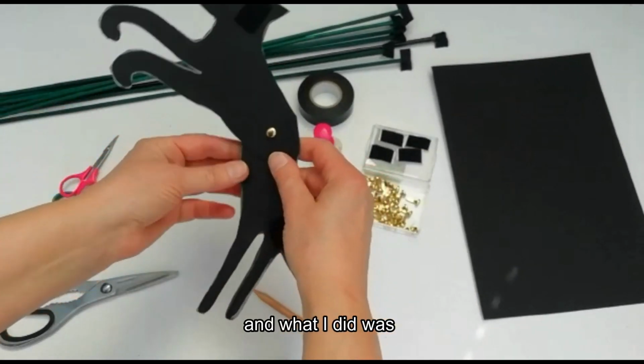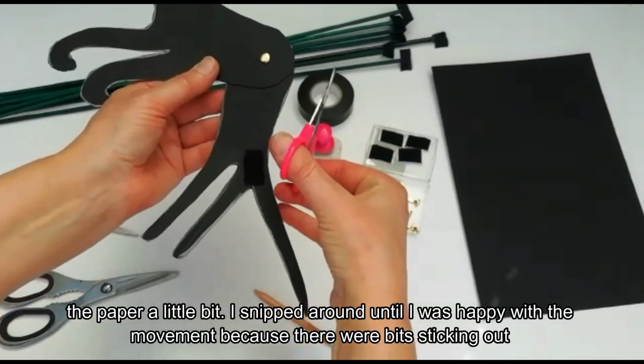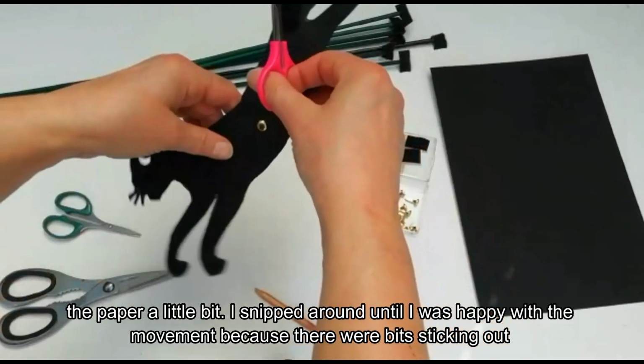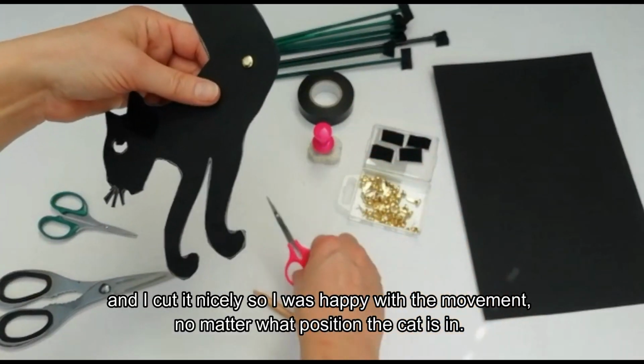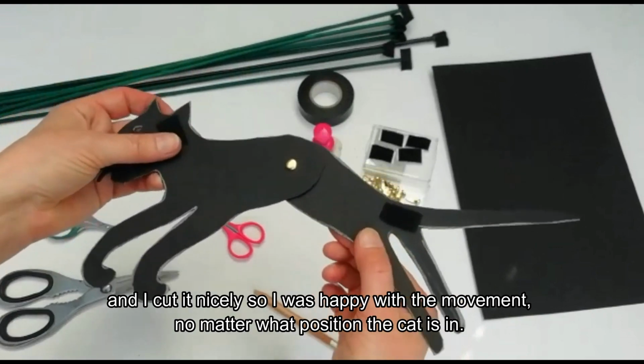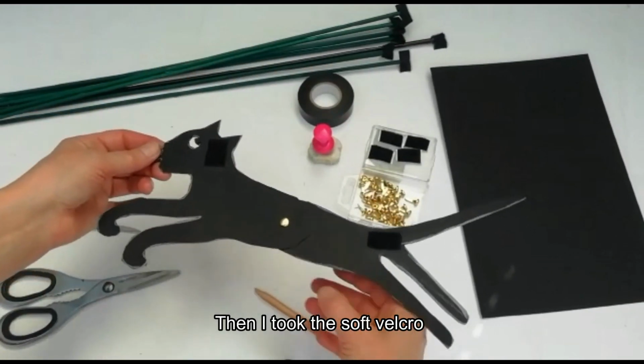And what I did was I engineered the paper a little bit. I snipped around until I was happy with the movement, because there were bits sticking out. And I cut it nicely so that I was happy with the movement no matter what position this cat is in. Then I took the soft Velcro